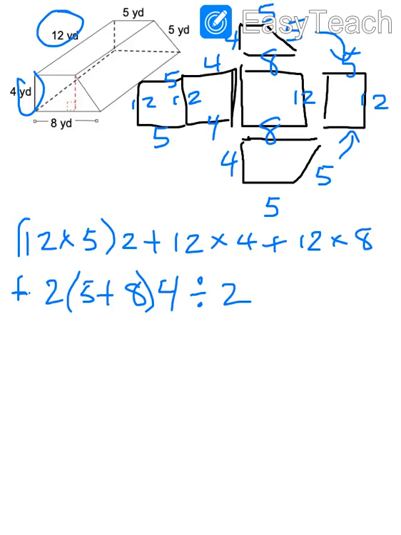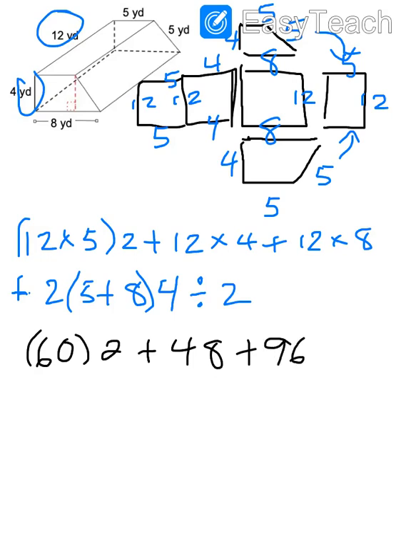Alright, so now all we have to do is use PEMDAS. So 12 times 5 is 60, and we have 2 of those. Right, and then 12 times 4 is 48. Then 12 times 8 is 96. And you have, let's see,